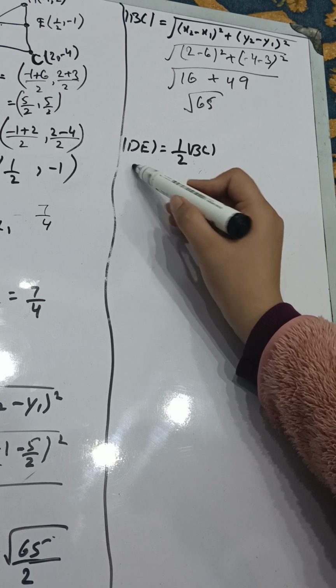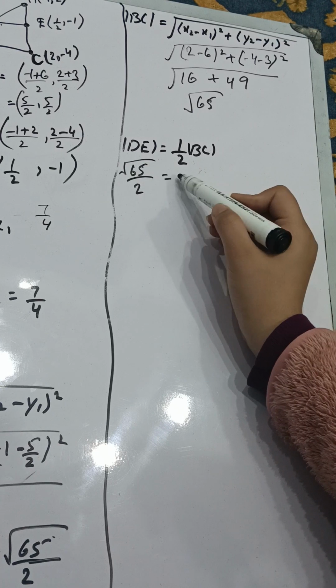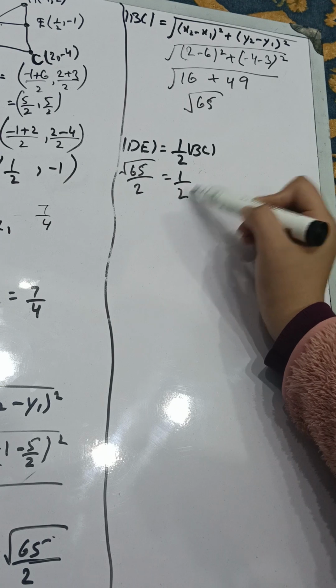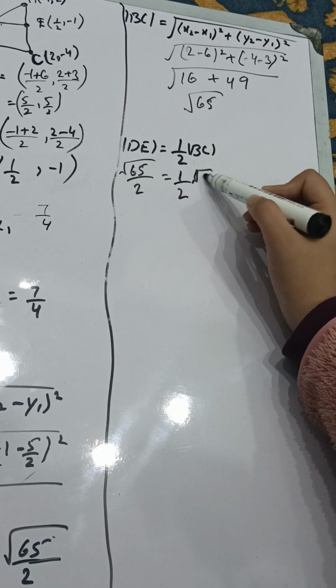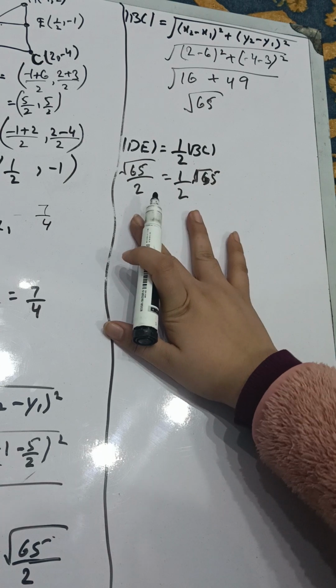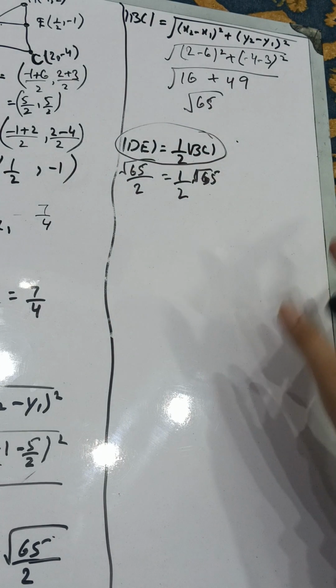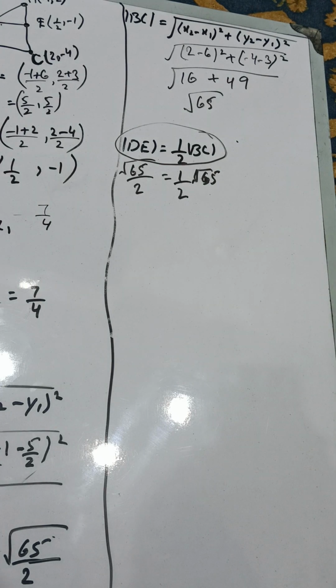सो डी ई की वैल्यू आपके पास 65 का स्क्वायर रूट बाय 2 आई थी, और बी सी की वैल्यू आपके पास स्क्वायर रूट 65 आई है। ठीक है, अब दोनों की वैल्यूज इक्वल आ चुकी हैं। सो हमने यहाँ प्रूव कर दिया है कि ये इक्वेशन इस क्वेश्चन में प्रूव होता है और हमारा यही क्वेश्चन था। सो यहाँ पर हम लोगों ने क्वेश्चन नंबर 15 कर लिया है।